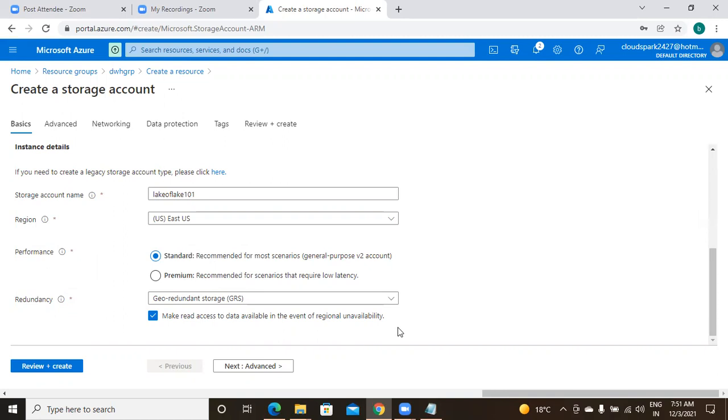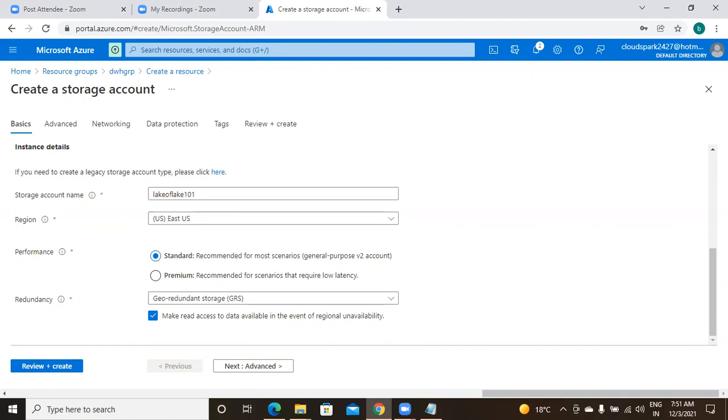This is redundancy, just for data availability purpose. Redundancy means suppose in one data center, in one region, our data objects got deleted, still they will be available in other data centers. For that purpose, this redundancy concept.